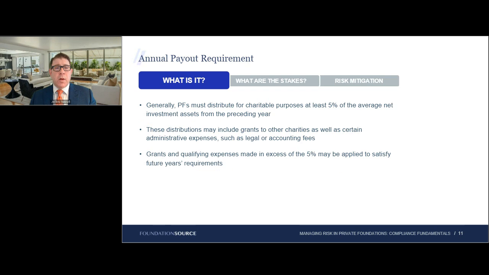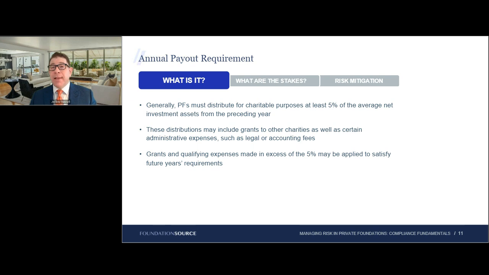One of the abuses that Congress sought to cure when it enacted these rules back in the 1970s was the parking of the foundation's assets. Where contributions were made to the foundation, the donors had the advantage of immediate charitable deductions, but the contributed funds languished in the foundation's coffers without doing any good. To address this, Congress imposed a minimum 5% annual distribution requirement that can be satisfied by making grants and by